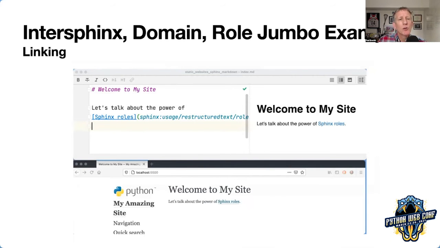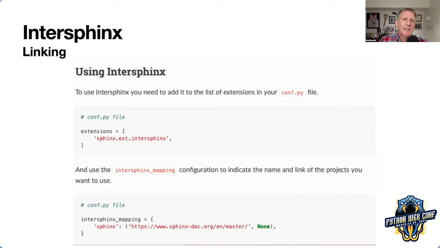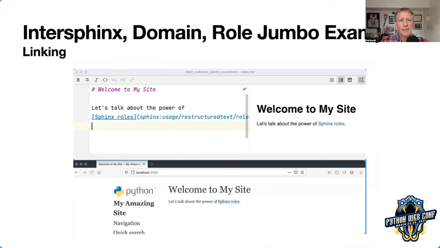This is an example that goes and gets information about Sphinx roles, and it combines all of these ideas into one. Enter Sphinx, this concept of Sphinx called domains, where you can organize your taxonomy and your symbols and your concepts into something called Python, or into something called Sphinx, or into something called RST or NumPy or something like that. And I can point directly to that role using a path to get there.